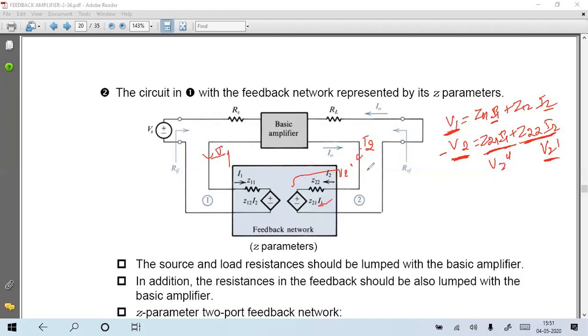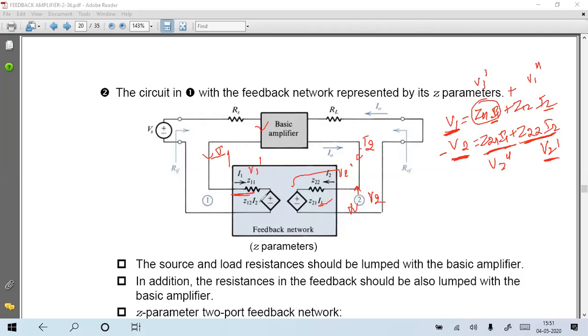Similarly, the sum of these two voltages is nothing but V2. Correct? V2 is nothing but Z21 I1 plus Z22 I2. Similarly, on the left hand side you see the current I1 is flowing here. The same I1 is here. There are also two voltage sources because the resultant should be V1. So Z11 is represented as V1 dash, and this must be V1 double dash. How can I get V1 dash? When the current flows through the impedance Z11, I will get V1 dash. So I will put Z11 in series in this path. The I1 current is flowing through here, so I will get V1 dash.